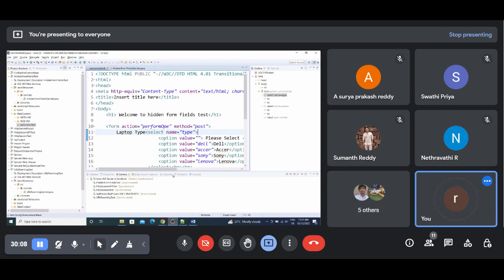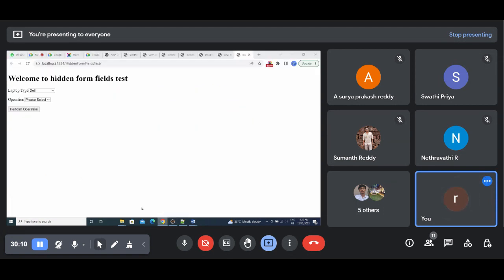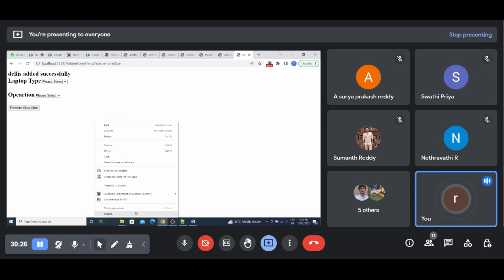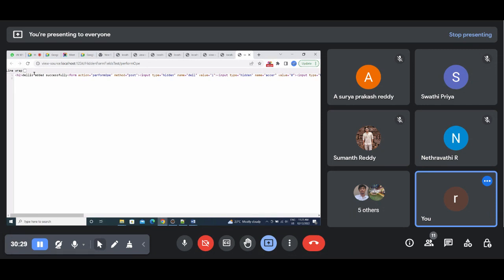Now if I add and do some operation, the item is added successfully. Now see the source code of this one. Internally it is adding